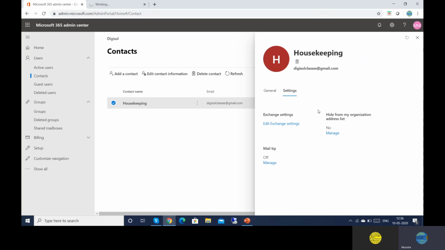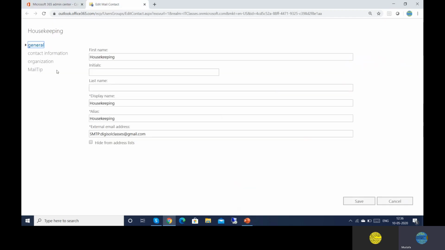So can you see, again, if you want to hide this contact from your global address list you can, so I'm not doing that. Okay, so you can see these are the different properties for this housekeeping contact. General is there. If you want to change the external email address, you can, or hide from the address list.